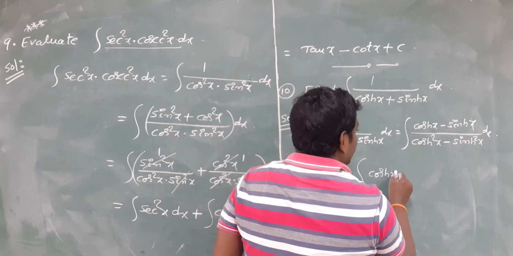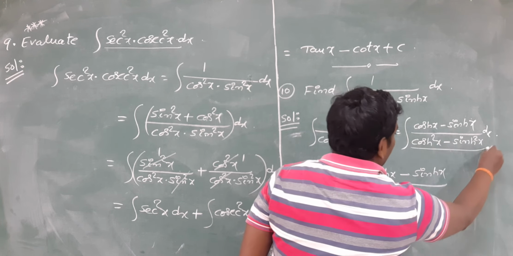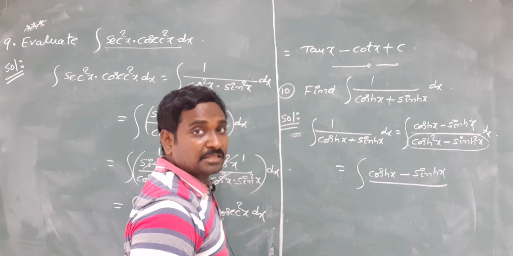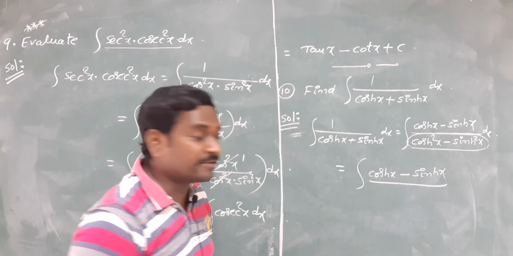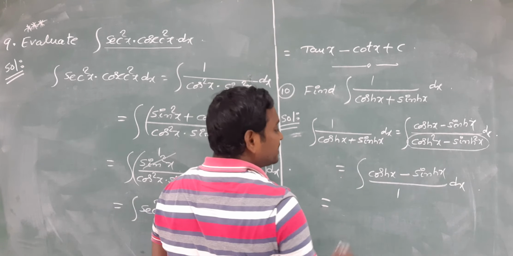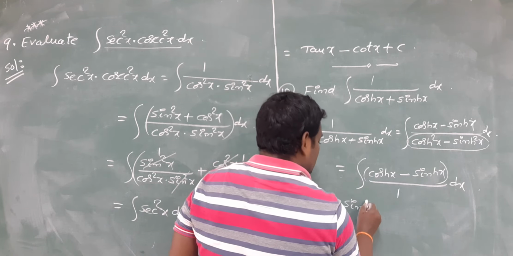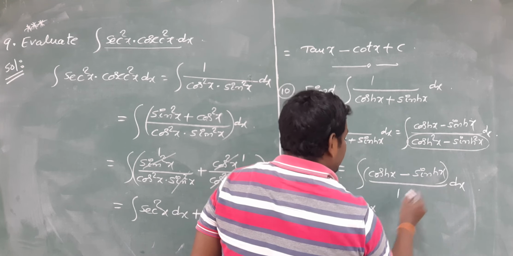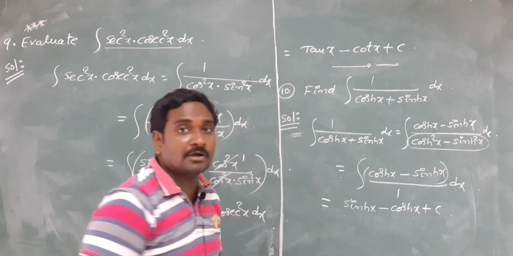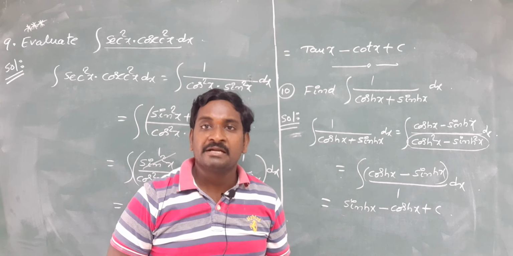Integral of cos hx minus sin hx whole by, what is the value of cos h square x minus sin h square x? It is 1, by using the identity in hyperbolic trigonometric functions. So in the denominator simply we have dx. Now separate the terms and take the integration directly. What is the integration of cos hx dx? Sin hx. What is the integration of sin hx? Minus cos hx. Integration of both parts is completed, that's why add the constant. In this way we can evaluate the given integrations by using trigonometric formulas.